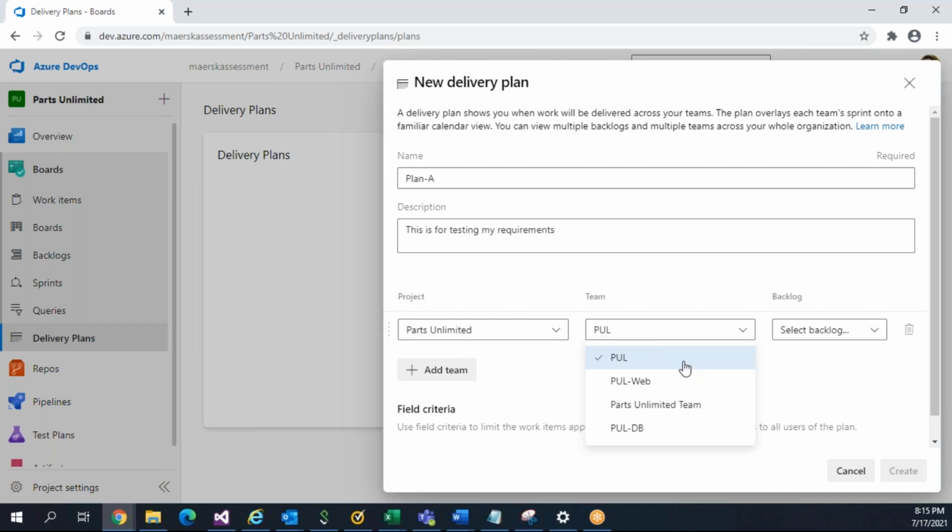For which team you want to create? We are doing everything in Full Web, so I'll select Full Web. And this plan, you want to create for Epic, Features, or PBI? Let's say I want to create it in PBI. So I'll show you what that is now. So I'm creating a new plan,